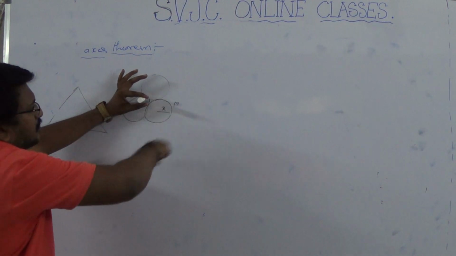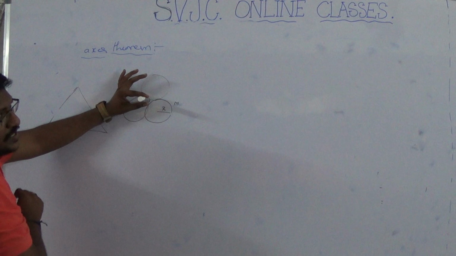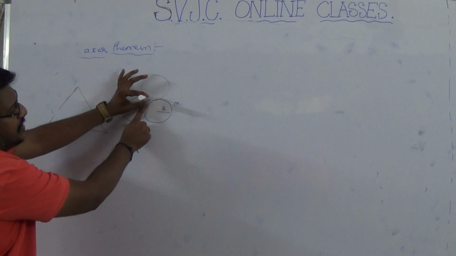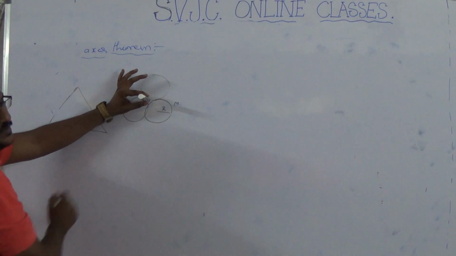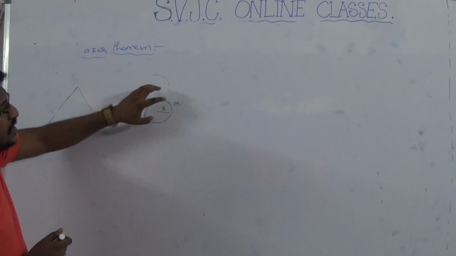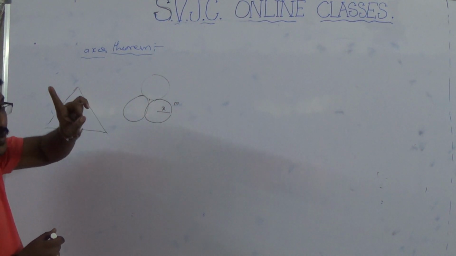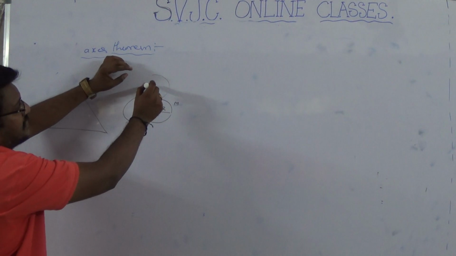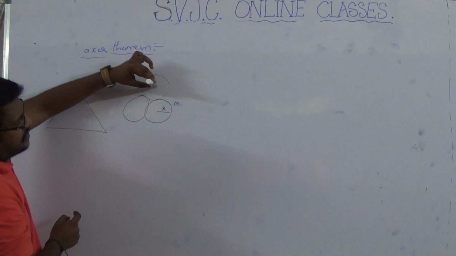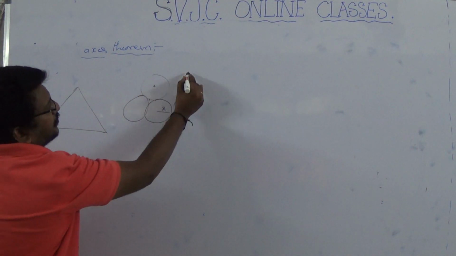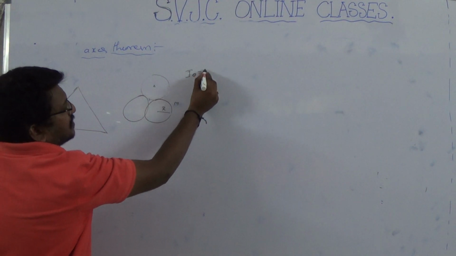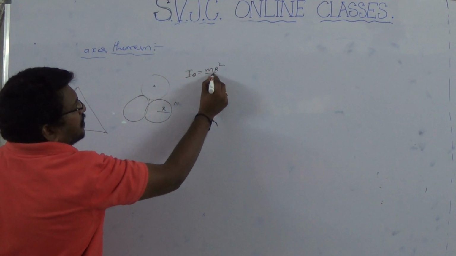So the three disks rotate like this about this axis. What is the moment of inertia? This axis passes through the center of all three combined. Here there are three bodies, not particles. That's why every body has its own moment of inertia about its own axis. For example, this is the disk and this axis is passing through its center. We know the moment of inertia of the disk about the axis passing through center of mass, I naught, equal to m r square by 2.